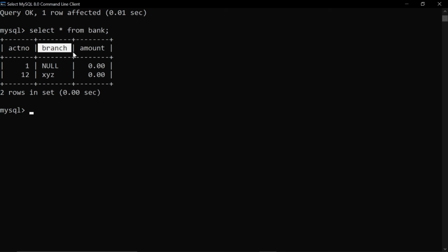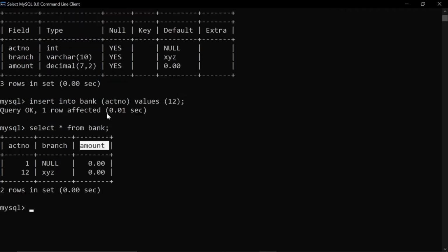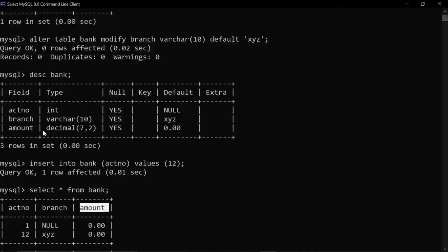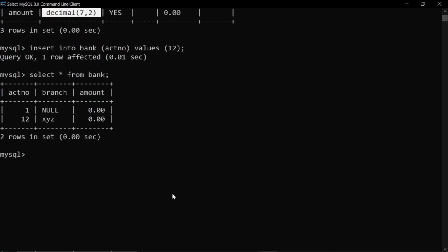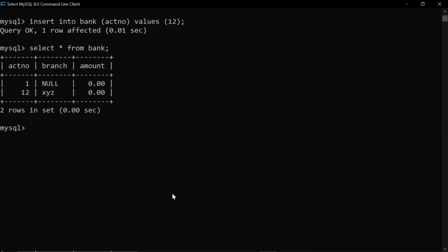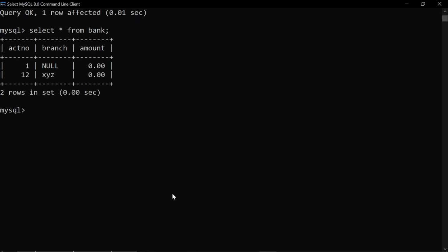Now suppose in account number I have set a default value that is 0. Here its data type is decimal, right? So you cannot write XYZ. You have to make sure that your default value is the same as the data type of that particular column. This is the most important point of the default constraint. So here the default constraint ends.